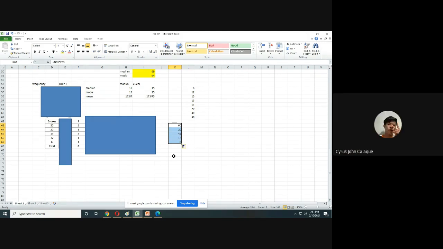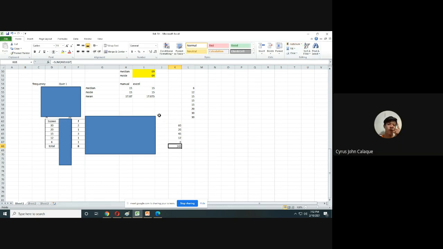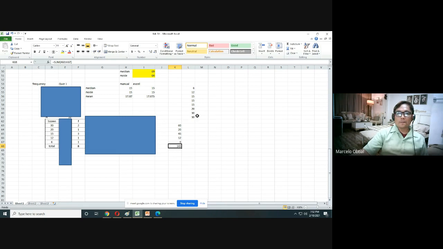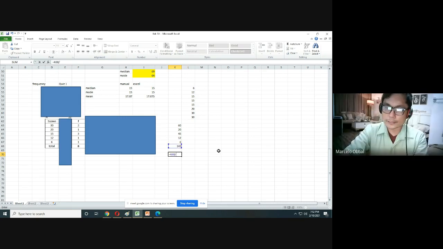We're gonna add all the results after multiplying the scores by their corresponding frequency. So according to Sir Cyrus, you add all the products of the scores and the frequency. After that, we're gonna divide the results by the total number of frequency we have, which is 8, sir, no? Yes po. So the answer is the same,